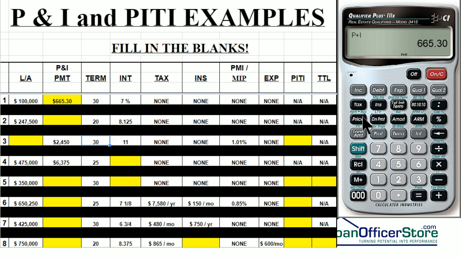So what we're going to do now is we're going to do the shift X or shift multiplication, whatever you want to call it. We clear everything out, and you should be ahead of me already knowing that it's 247,000. Don't forget the 500. Sometimes people forget to put that in, and it'll change your calculation by a little bit, but you want to make sure you're as accurate as possible. Again, there's your 247,500 loan amount. Now we're going to do a 20-year term, which means that payments would be higher than if they were a 30-year term. And we're going to do an